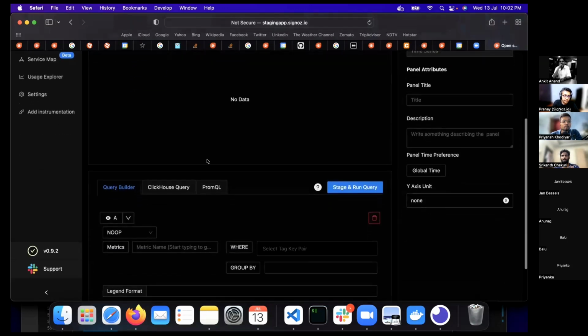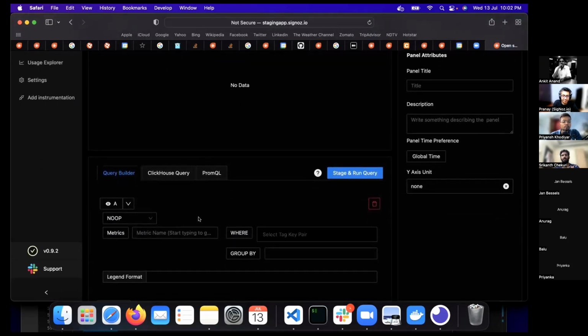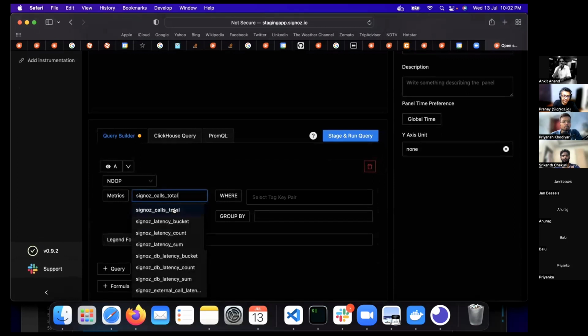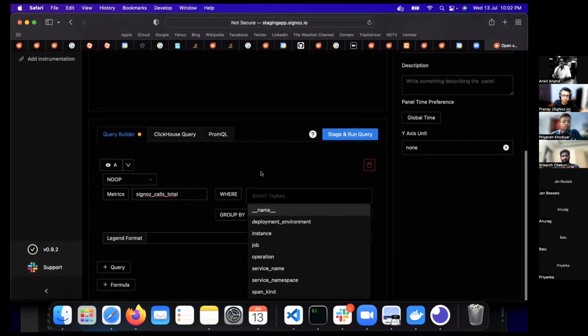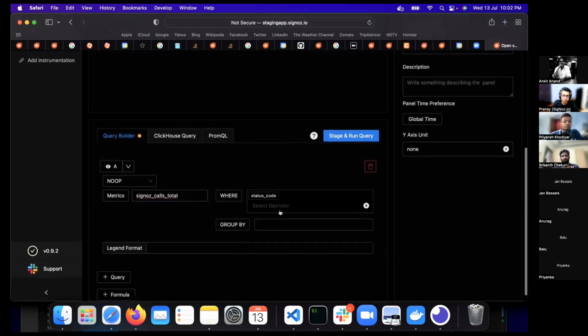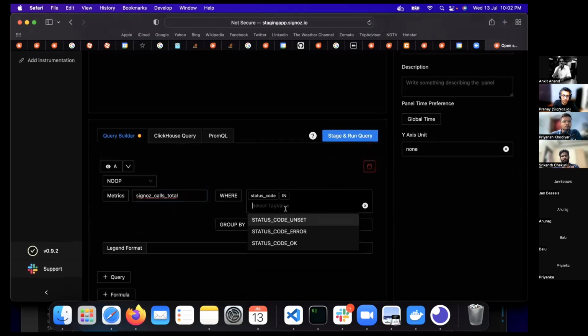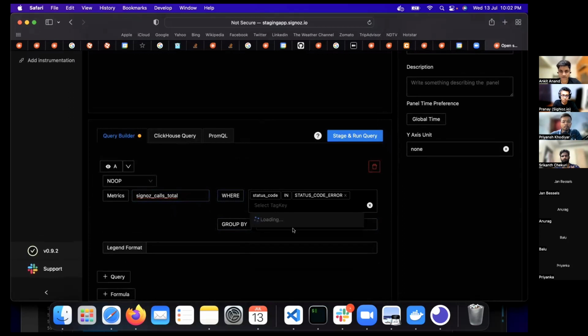Let's say we are interested in looking at the error rate. So SigNoz calls total is everything, but you are only interested in looking at the error rate. So we will pick the status code. We want the status code to be error. Total number of error calls, right? So Srikant, pick some service, like if you are interested in looking at the